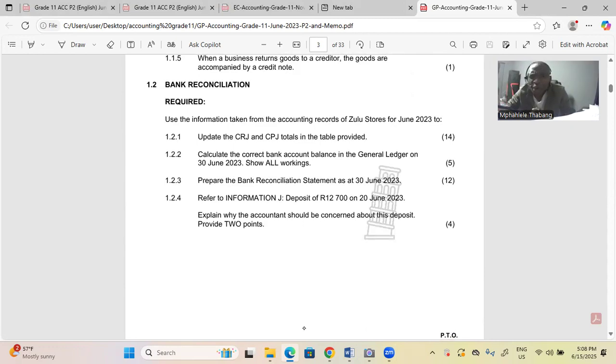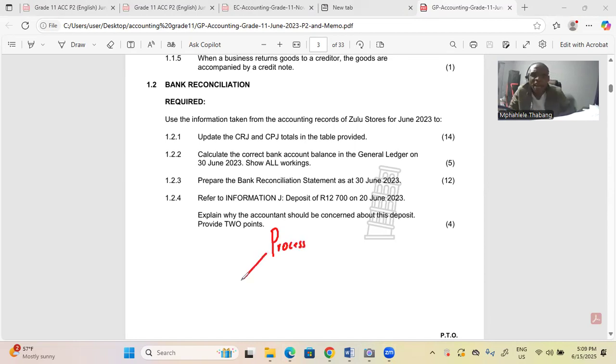Now, before we even start with the question that you see on the screen, let us talk about the bank reconciliation. What is bank reconciliation? We must be able to define the bank reconciliation, or we must have a bigger picture of what this bank reconciliation is. A bank reconciliation is a process